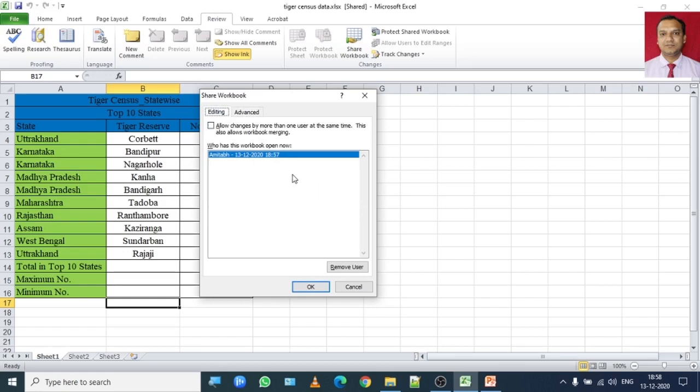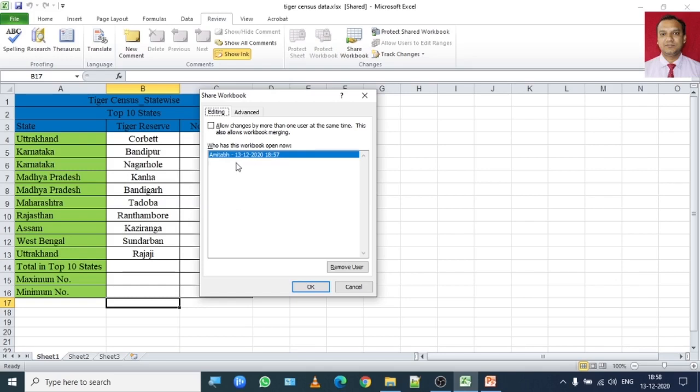Once it is done, either you can remove the user. Because this is my profile, it is showing my name. When you log into your computer, you will find your name over here, along with the date and time of sharing.